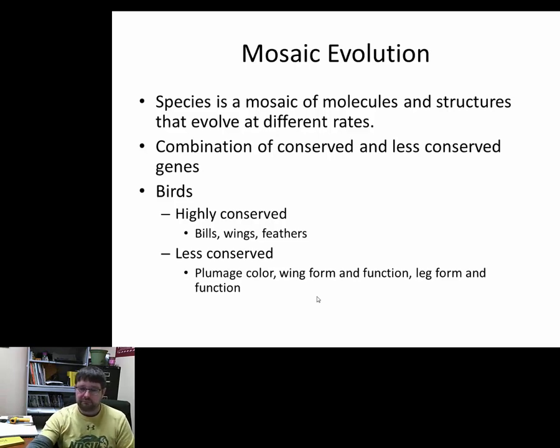Okay? But less conserved genes often are the ones that differ between species. If you examine one species of sparrow and another species of sparrow, they might differ in color, they might differ in length of the wing, they might differ in where the toes point, how long the toes are, the leg formation, okay, these kind of things. But those are differences between those species. Okay? All right, so with that,